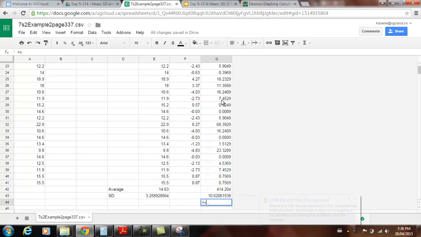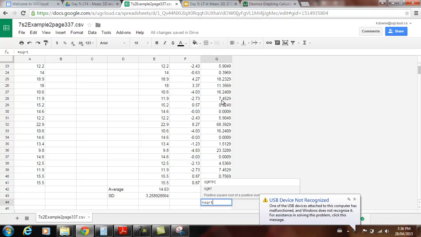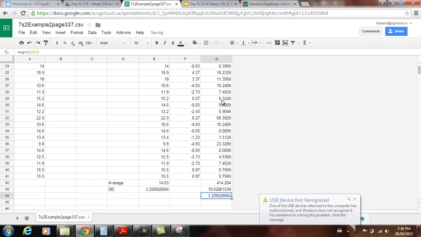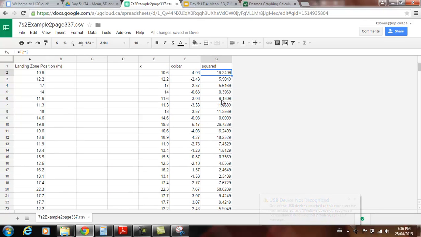SQRT bracket square root 3.2589. So I actually had the standard deviation calculated already. It's 3.5289. And the way we do that, and so like I only want to expose this to you once. Like that's how we actually do it long by hand. I mean, I could get you to do it for like 5 on a test, but I really don't want